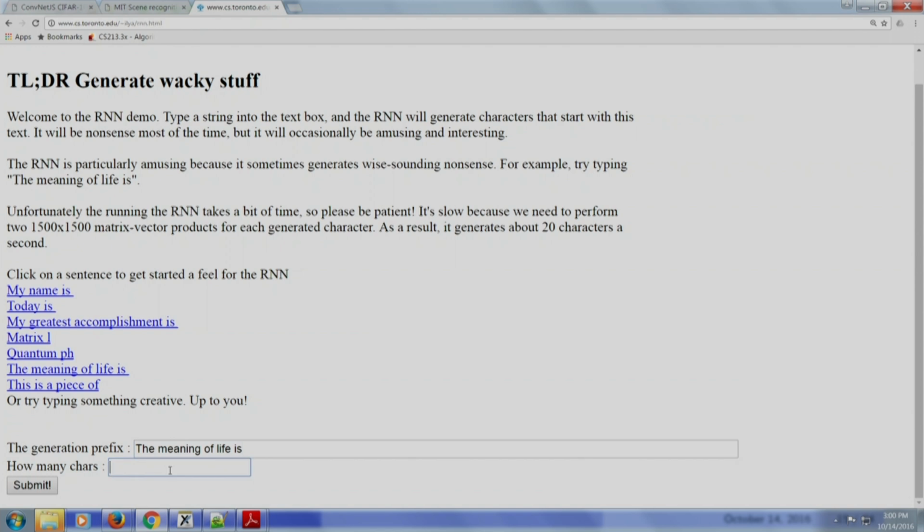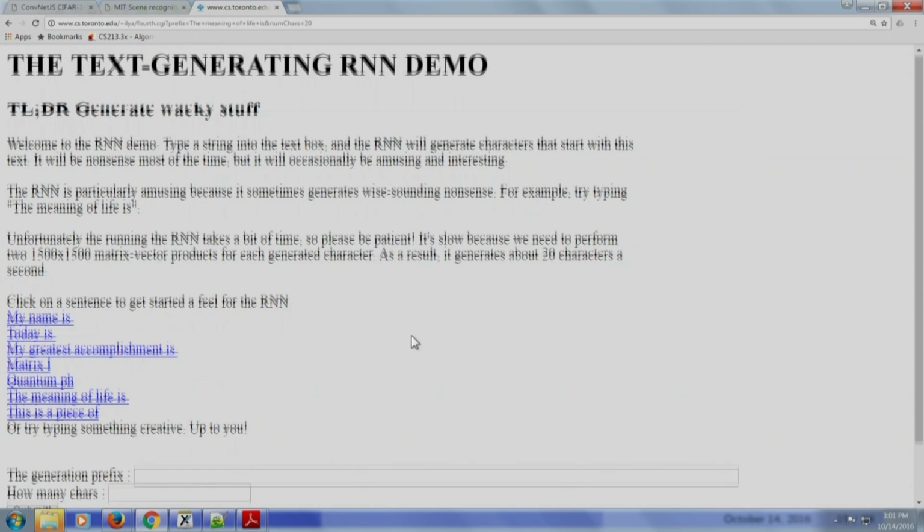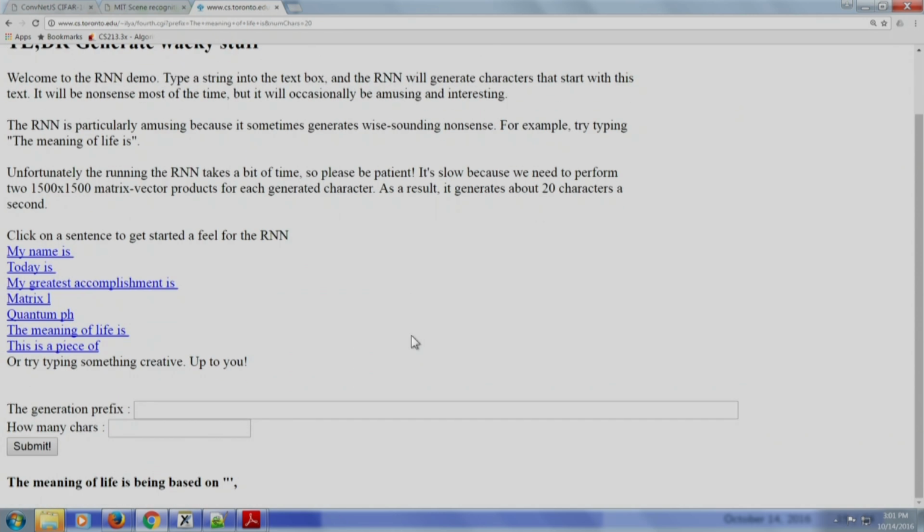And you are asking the system to predict a certain number of characters, let us say 20, and let us see what it produces. So, the meaning of life is being based on. Of course, semantically this is not making too much sense, but we do find that there is some structural coherence,